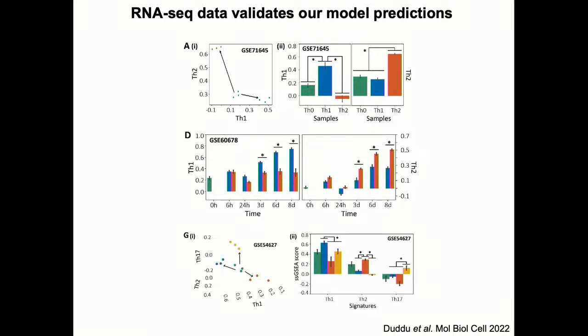There was thankfully one experimental data set where the same cells were pushed to become TH1, TH2 and TH17. And again, you could see that in TH1 cells, the TH2 and TH17 were lower. In TH2 cells, the TH1 and TH17 were lower, and in TH17 cells, everything else was lower except TH17. So basically, cells are indeed making decisions the way that our model predicts. If you have this longitudinal kind of data from the same experiments, you could make that claim.